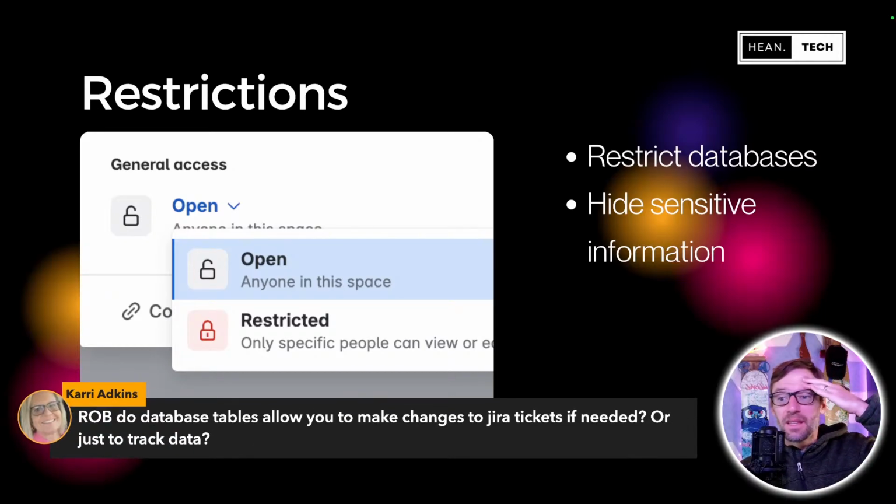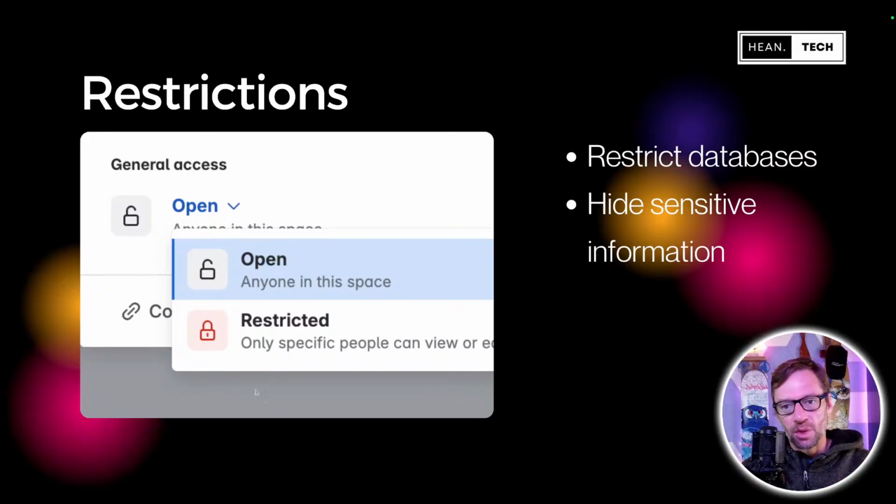Do databases allow you to make changes to Jira tickets? Right now, I believe the integration is only one way, Jira into database, but in our next use case, we're going to pull in a Jira ticket, and we'll see exactly what that looks like. So right now, I think it's just one way. Now, we can restrict databases. So if you have a database like a stakeholder analysis,